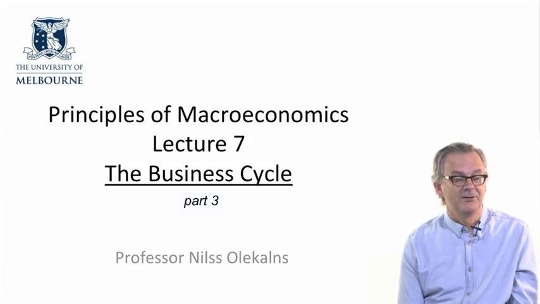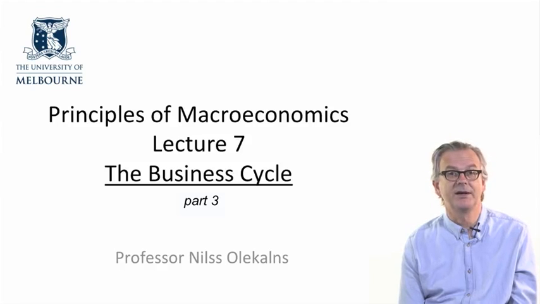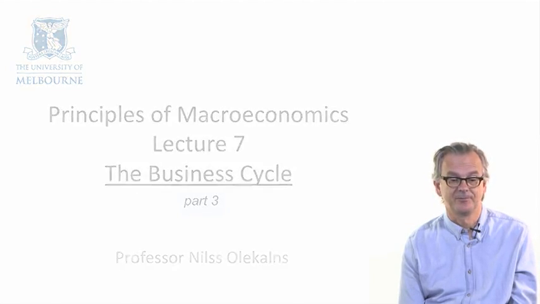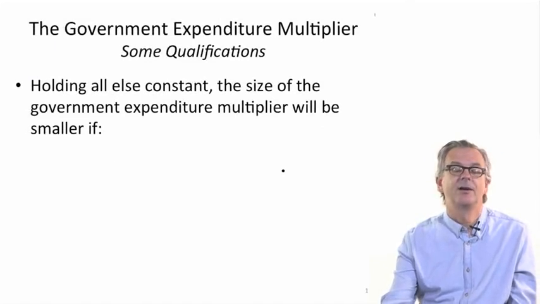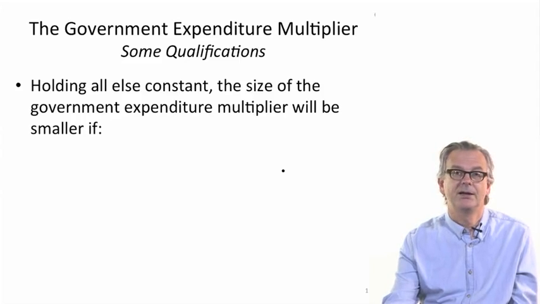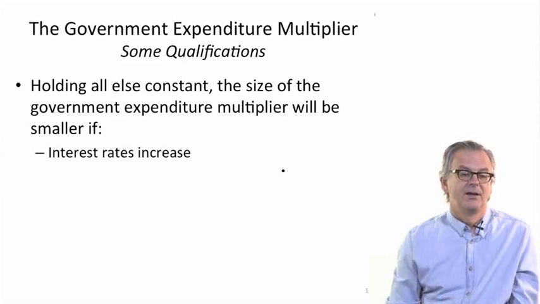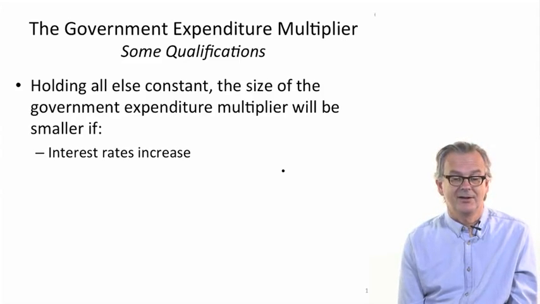And like so much in the research literature, the picture that emerges is a great deal more complicated than what you might think from the basic model that we've been working with. And I certainly want you to be aware of this debate. The debate centres around whether we can reasonably expect the size of the government expenditure multiplier to necessarily be a large number. And it's not obvious that this is necessarily the case.